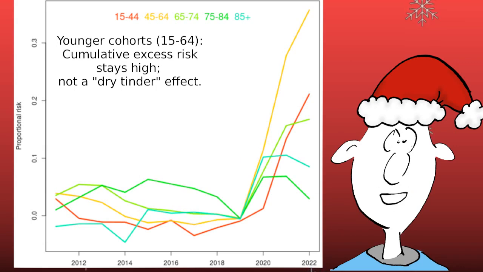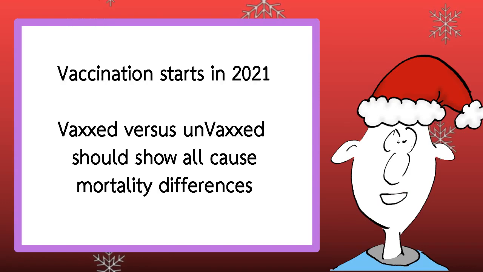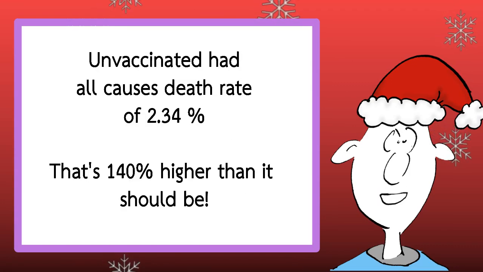rate. The mystery deepens when you consider that according to the ONS before 2021 the 10-year baseline all-cause mortality rate was at 0.975%. In 2020 that rose to 1.04%. Because of COVID, so that makes sense. Vaccination against COVID started in 2021, so you should see differences in all-cause mortality between the vaccinated and the unvaccinated. And you do. The unvaccinated had a death rate 140% higher than normal, at an extraordinary 2.34%, surely that clinches